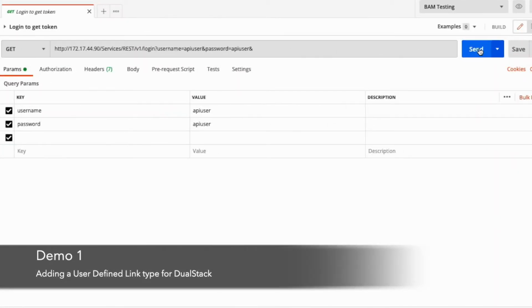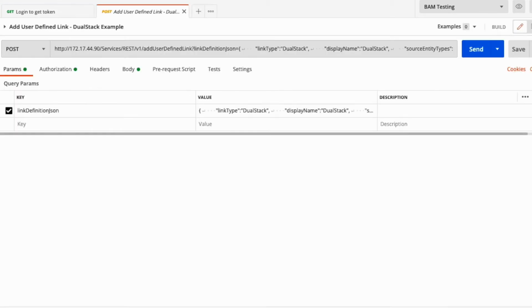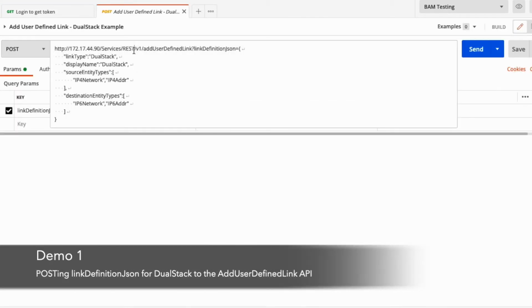As we're using BAM APIs, the first action in Postman is to get a login token, which we'll be using as an environment variable for the rest of our calls. Now we have a token, we'll be defining our new UDL to describe that there is a relationship between IPv4 and IPv6 infrastructure. We'll start by performing a post to the add user-defined link API, passing in some link definition